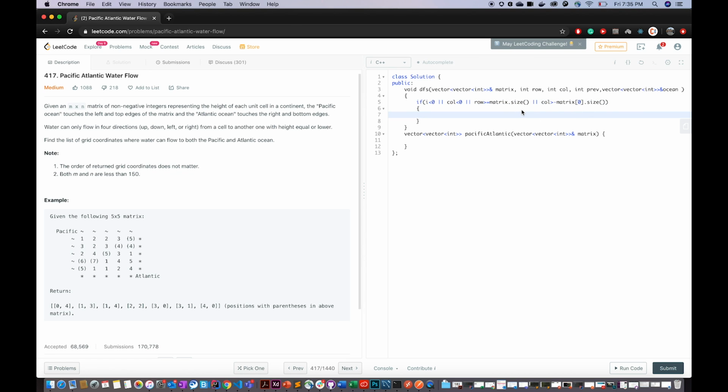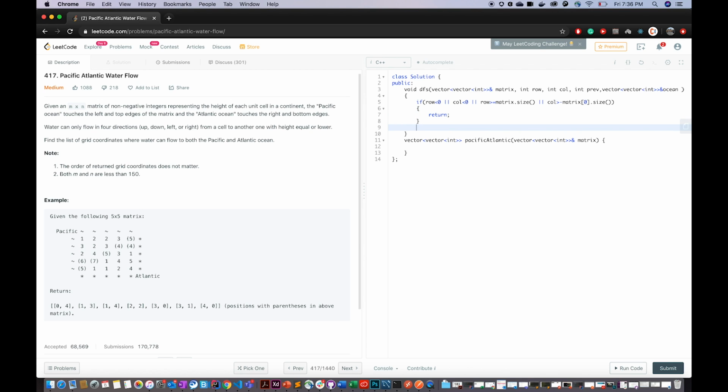It should not go out of the number of rows that are available in the matrix, and the number of columns should not be less than 0, and the number of rows should also not be less than 0. That is, our current row and column should not be out of bound of the matrix. If this happens, then we simply return.